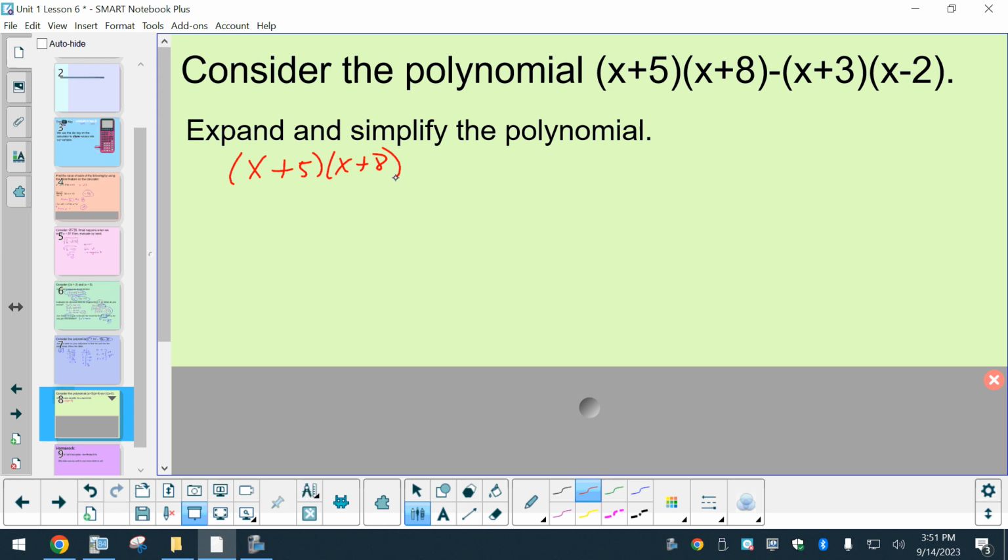Right, so we're going to take x plus 5. Okay, you'll distribute or box method. So I'm going to do this kind of quickly. So you should get x squared plus 13x plus 40. Okay, then we're going to do the other pair. Okay. Now notice that there is a minus here, so that's going to come into play. I'm going to keep this right here. And now I'm going to go